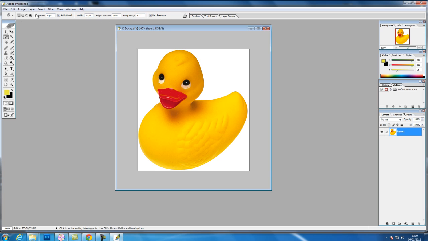Up here in the tool options, you have various things that you can alter how it defines the edge of the magnetic lasso tool. The edge contrast is probably the most important. The smaller the figure, the tighter the change. So if we leave it at 10%, we should be able to get quite an accurate selection